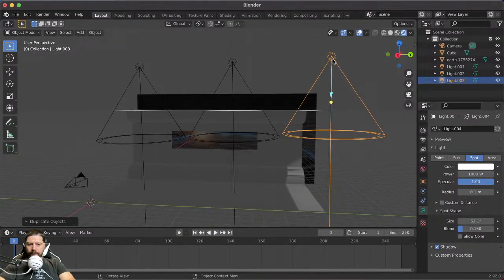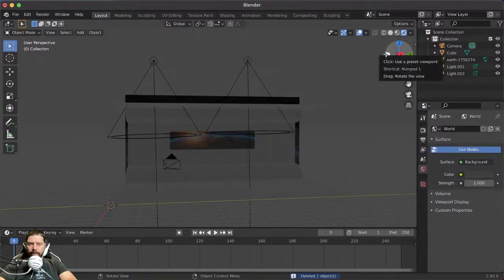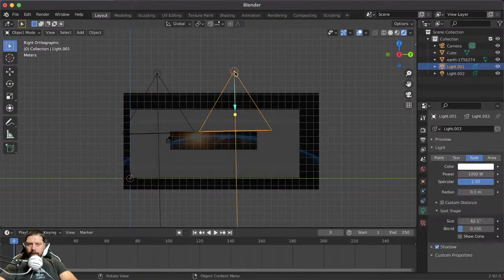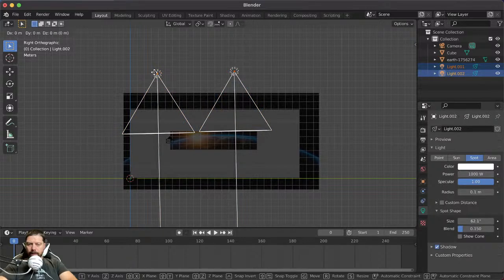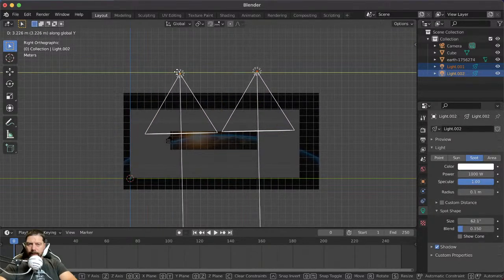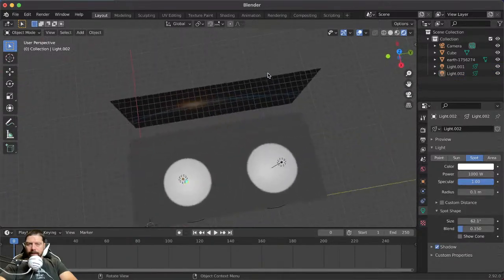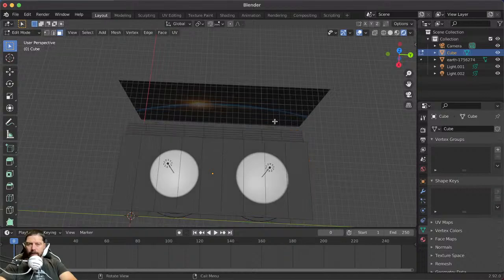Of course, that one's overlapping, so we're just gonna X to delete that, and then we're just gonna hit this a couple times, grab both of these, and grab along the Y, something like that. Alright, now that we have that, let's go ahead and grab this, tab back into edit mode,